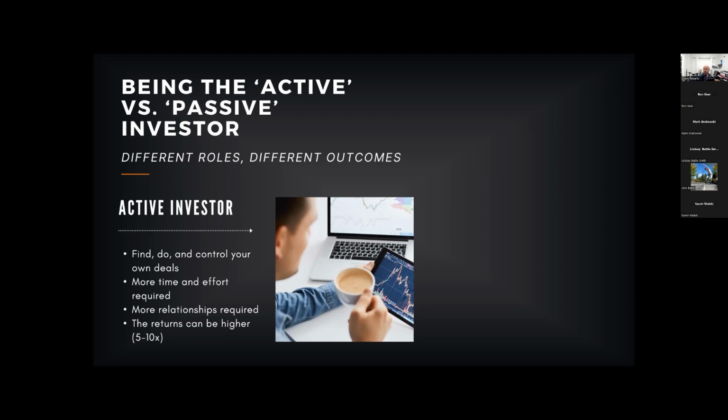It's pretty obvious that is a more time intensive role. How much time is up to you, right? If you want to be an active investor, I have all sorts of ideas and things to talk about there. I've been an active investor for a while, right? And Emily's been doing it a little bit longer than I have. So, it by no means is it necessarily a full-time job. I know plenty of people who do active investing alongside a full-time career, other career, but it does require a little bit more, just a little bit more time, effort, and passion to get it done, right?